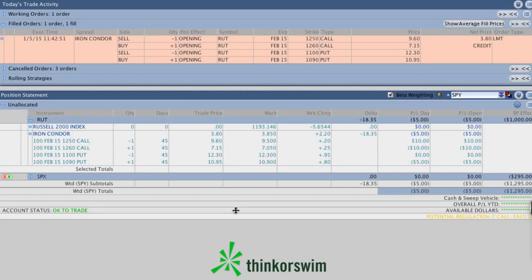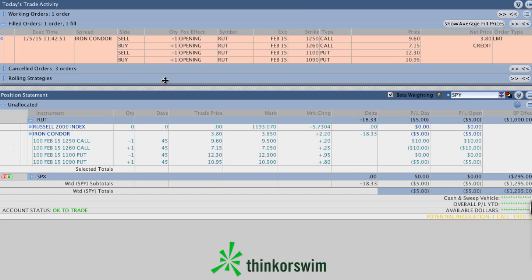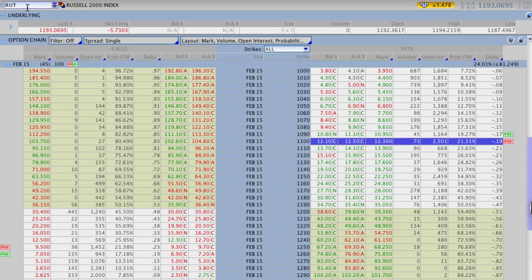So this is a trade that we just literally did in our brokerage account, an Iron Condor in RUT. We sent out that alert to members and did this trade for February expiration. Took in a nice fat credit, as implied volatility is high, of about $380. But what we want to do on top of this is set up an alert to make adjustments to this Iron Condor trade. So I'm going to go in here to the trade tab for RUT,